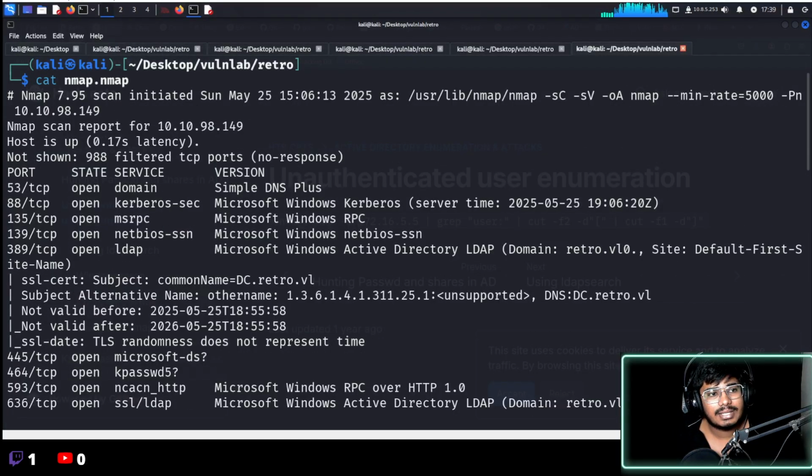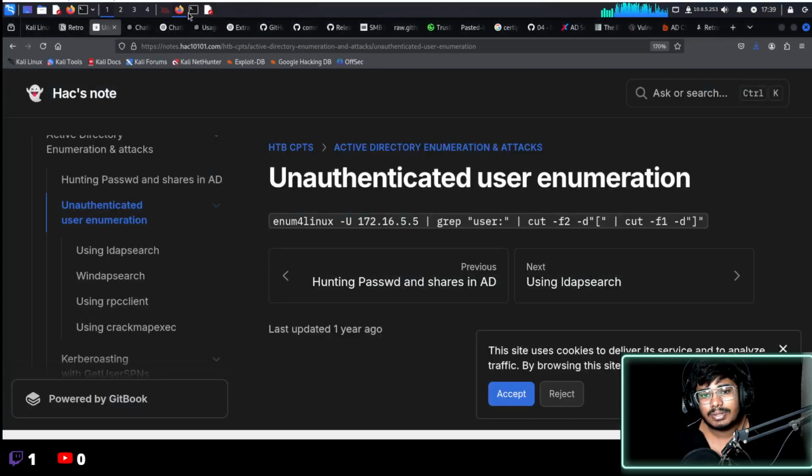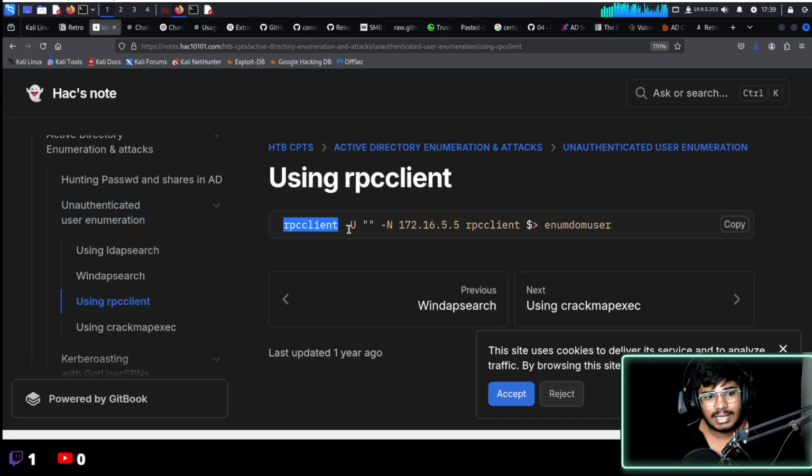What you can do is simply use rpcclient. I have the command, let me show you. You can try to log in to rpcclient anonymously, and then try to dump every user on that domain